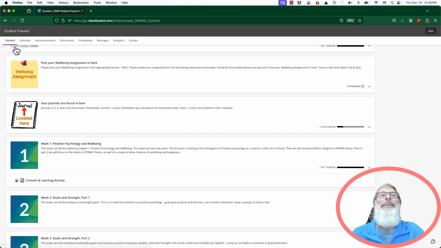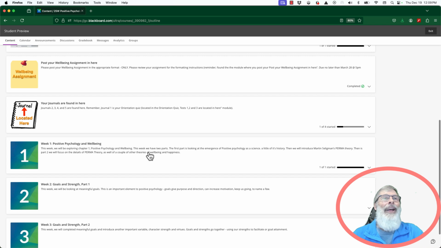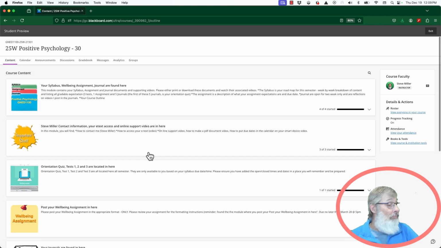Okay, come back here. And the last thing I want to address is just about extensions. It's a reminder that there are no extensions unless they adhere to 2 conditions. The reason why is that everything is open for a chunk of time. Tests for 5 days, journals for 2 weeks.